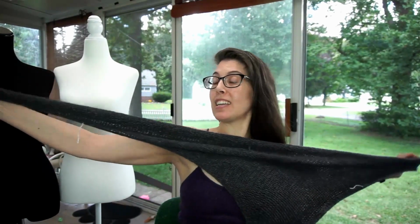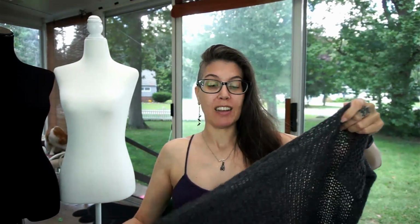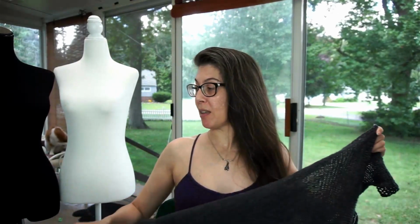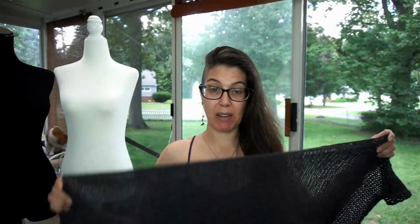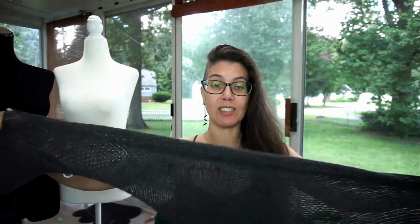Like I said, this just keeps stretching. It seriously keeps stretching. This yarn, what do you call it? Sheds like crazy. Oh my god, when I was blocking it, it was all over my fingers. This is the stretchiest edge I've ever seen. The other problem